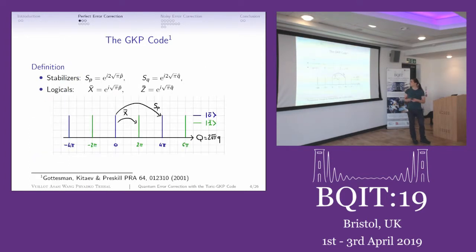Okay, so what's the GKP code? As I said, this is a way of turning your oscillator into a qubit. So you start from this infinite dimensional Hilbert space of an oscillator. One way you could think about this is that there are two conjugate observables, which are position and momentum, which are real valued observables. And in this space, if I represent my state